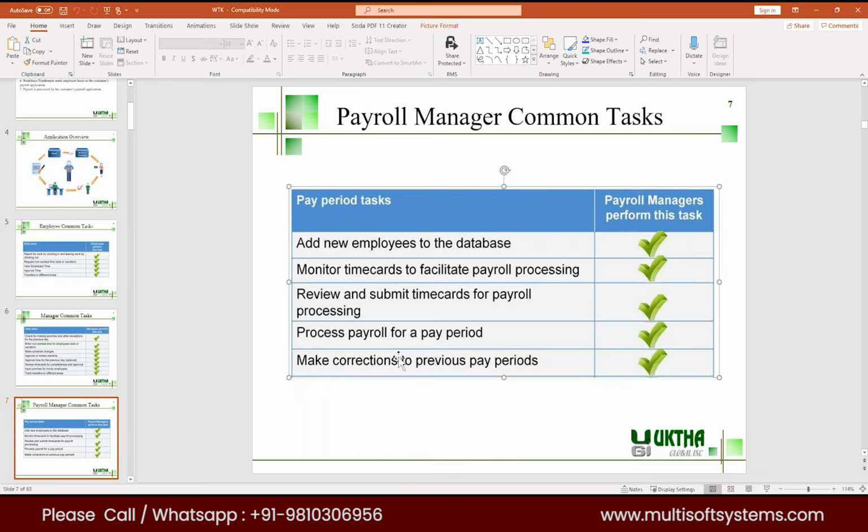Okay, it means last Friday, or it can be any period in the past. It can be last week, or it can be last month. So for any period, if they want, we can edit or make corrections to the signed off periods. So when the correction is made to the previous pay period, those 4 hours will reflect in our current